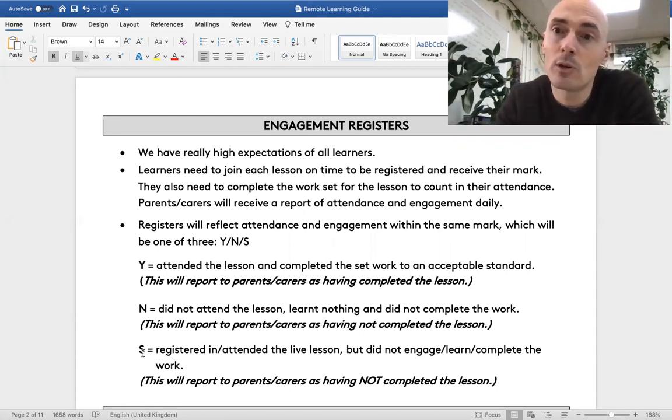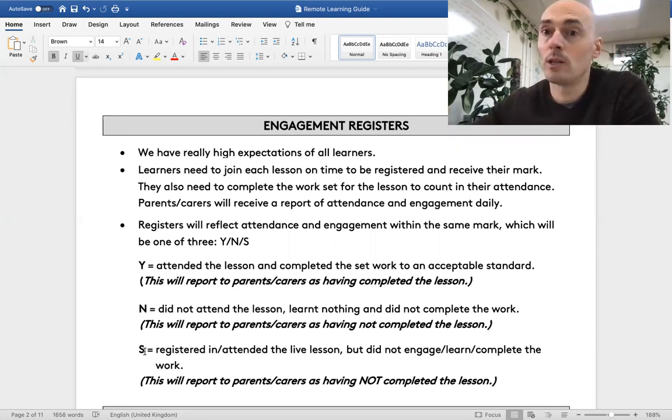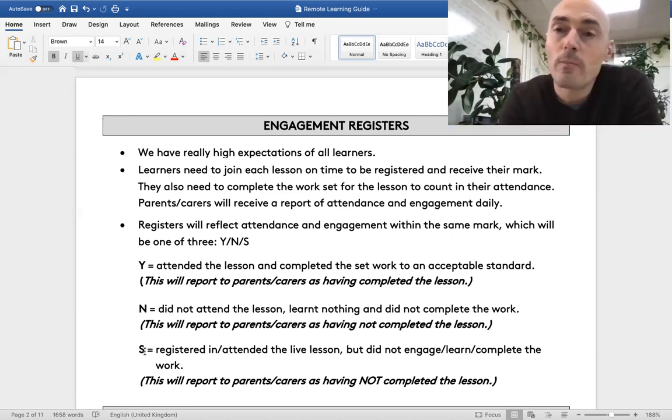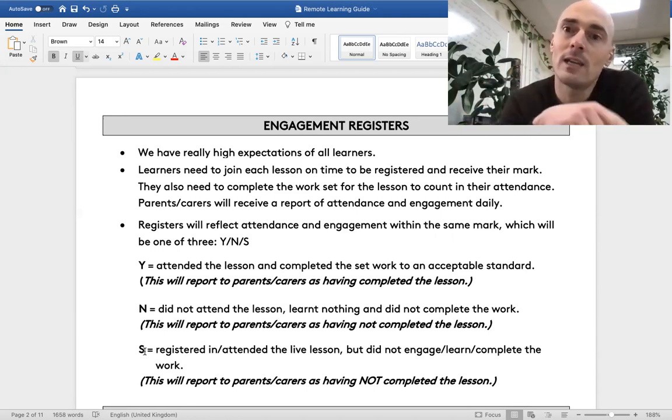Are we expecting too much or not? But I do think it's right that we don't just track whether they're attending live, but we're tracking whether they're doing the work. Because obviously what we don't want is learners attending and getting on with other things, playing on the Xbox or whatever it may be, and we don't know whether they're actually doing the work or not. So that would not be good. So I think we're right to be tracking the engagement as well as the attendance to the live